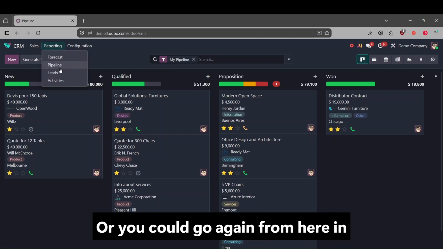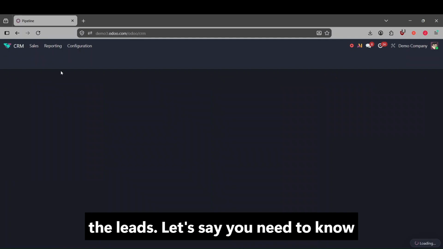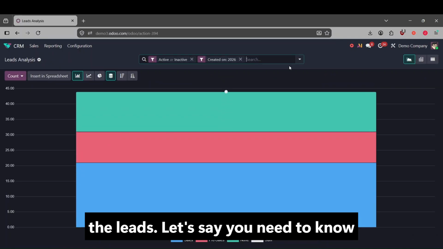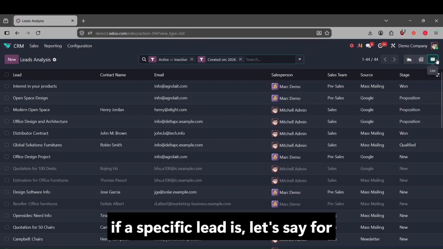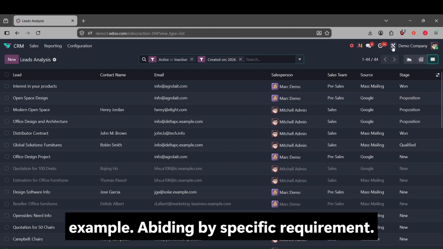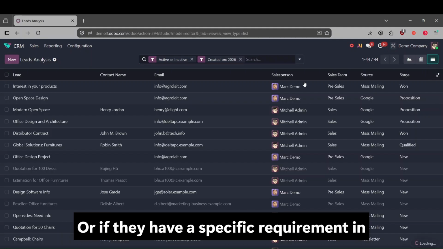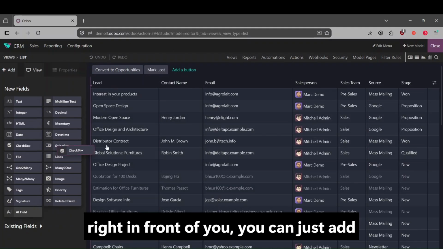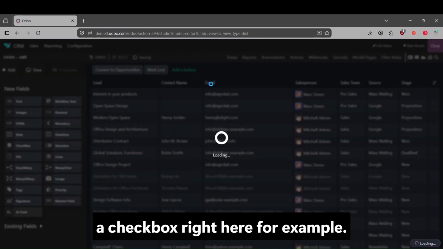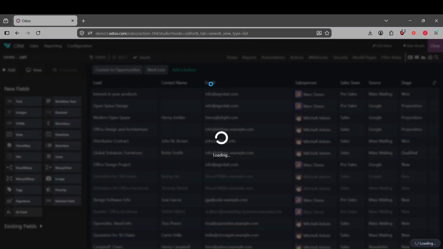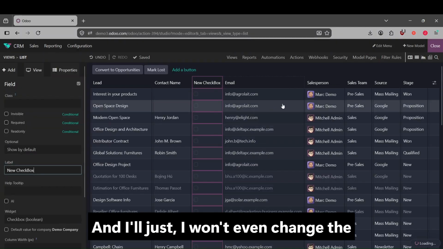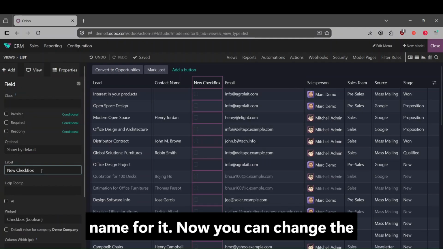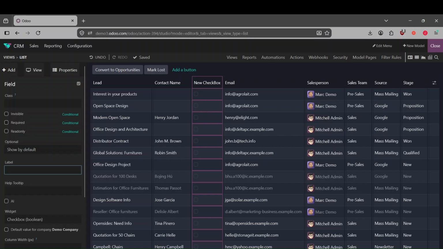Or you could go again here in the leads. Let's say you need to know if a specific lead is abiding by a specific requirement, or if they have a specific requirement in here and you just want it to be known right in front of you, you can just add a checkbox right here, for example, and I won't even change the name for it now. You can change the label, so I could say label as cool,